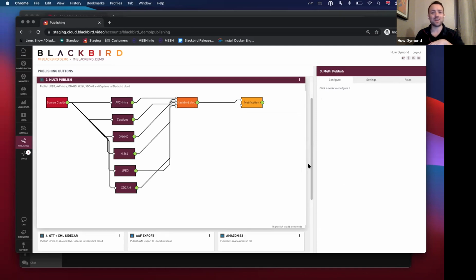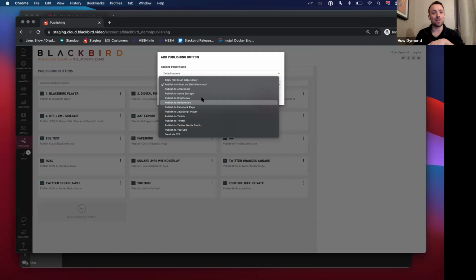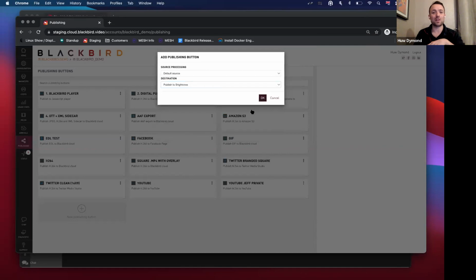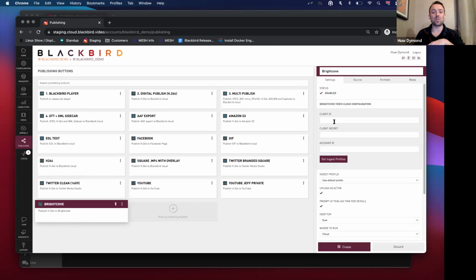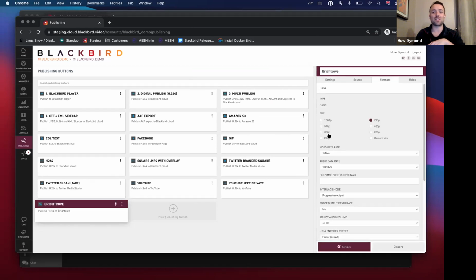So that's a slightly exotic one, but let's use the example of something like Brightcove. So push to Brightcove, you define it, you add your credentials for authenticating to it, and then it's got a set of logic in here that says, let's give it a 1080 at 6 megabits. So from an integration perspective, we've got options either on flexibility in the case of having to do maybe